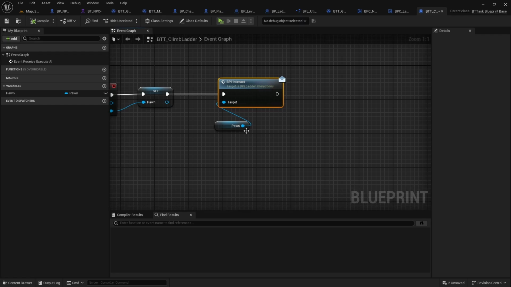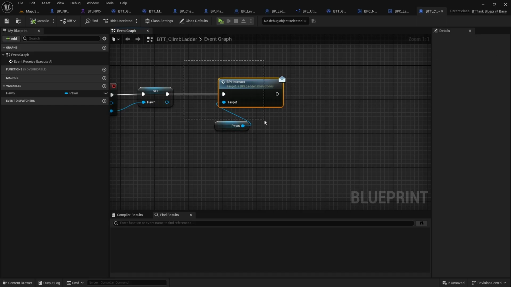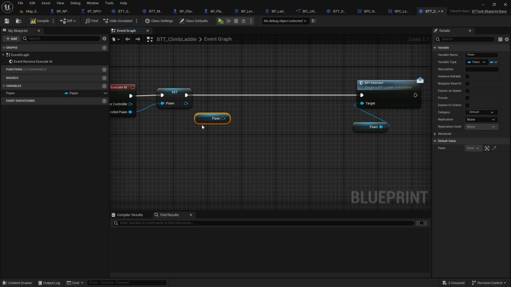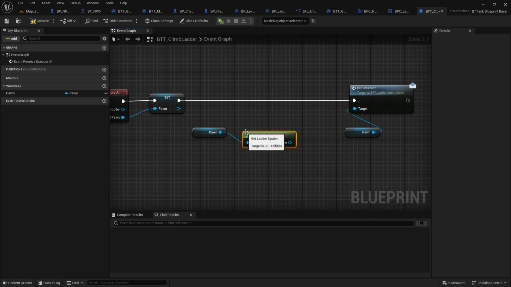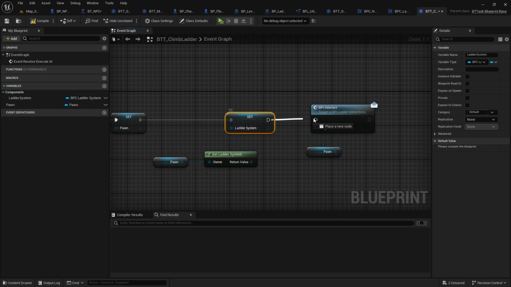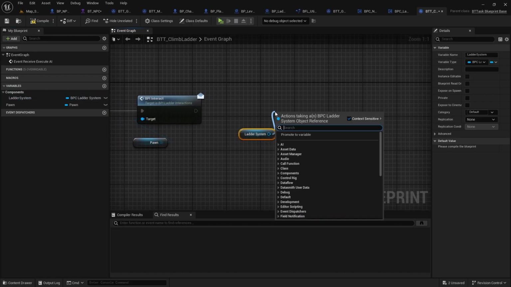Right, then the next thing is, once this interaction is finished, or let's just say once the character has entered the ladder, he starts climbing it, which means we need to add the event listener. So at the pawn, let me get the ladder system component reference, save it as ladder system, and then the ladder system I'll call,